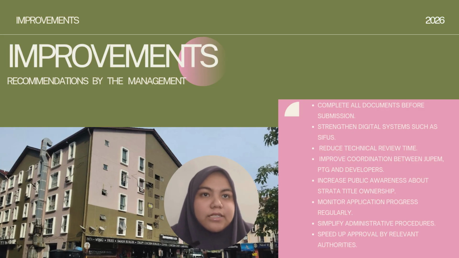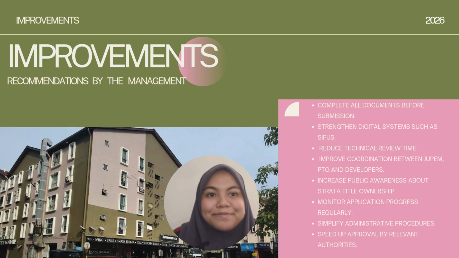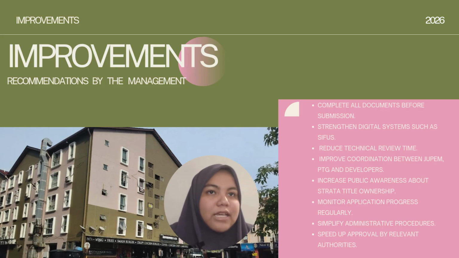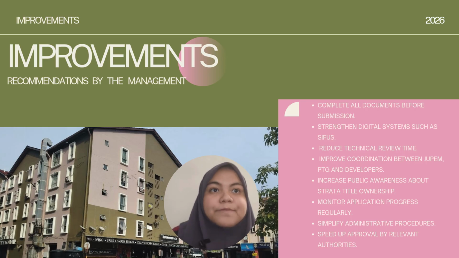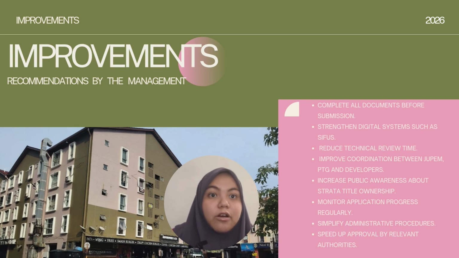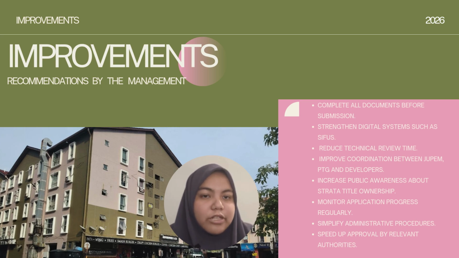Secondly, the use of digital systems such as CFUS should be strengthened to improve data accuracy and speed up the approval process. Better coordination between developer, surveyor, JUPEM, PTG and building management is also necessary to minimize communication issues. In addition, the management suggested reducing the technical review period and refining the application process wherever possible. Finally, increasing public awareness about the importance of obtaining strata title would encourage owners to complete the required legal process